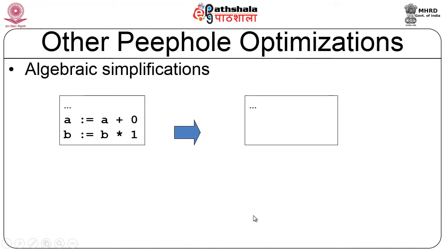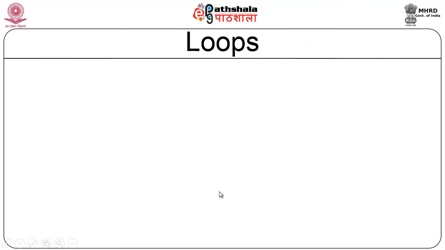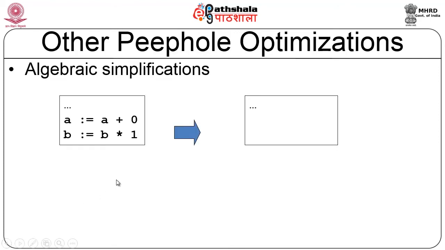Next one is algebraic simplification, which we have already done earlier. The same thing is also done here in the context of looking through a small peephole. So, A equal to A plus 0 can be avoided. And B is equal to B into 1 can also be avoided. I can eliminate these two instructions completely. A is equal to A plus 0 means adding 0 to A and assigning it to A, which is not at all meaningful. This is nothing but A is equal to A, is nothing but B is equal to B. Therefore, I have eliminated these two instructions and there is nothing in this particular block.